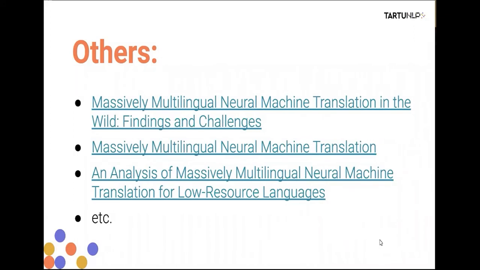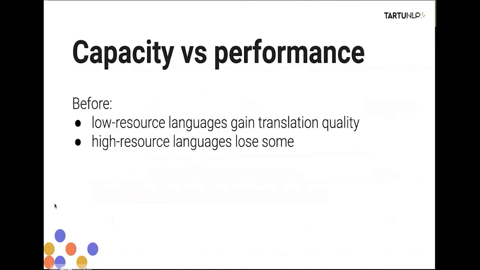So here are a couple of links: massively multilingual NMT in the wild, massively multilingual NMT in general, and an analysis of massively multilingual NMT for low-resource languages and so on. Here, the takeaway would be, so sometime before when this began, let's say about 2 years ago, where the models were smaller and the grass was greener and the trees were taller, the general conclusion, let's say some 2 years ago, was that